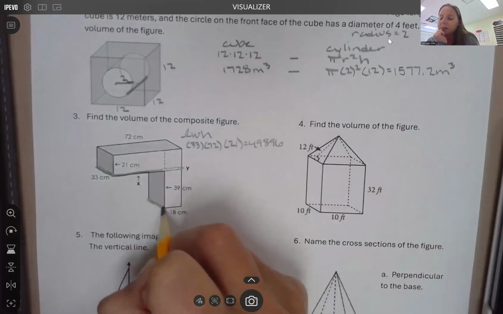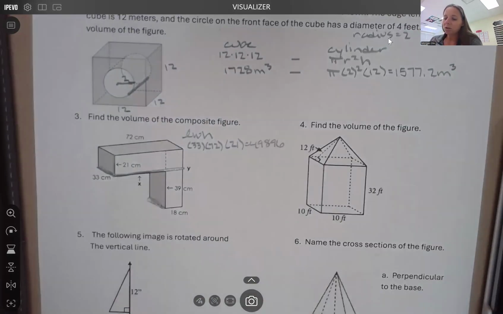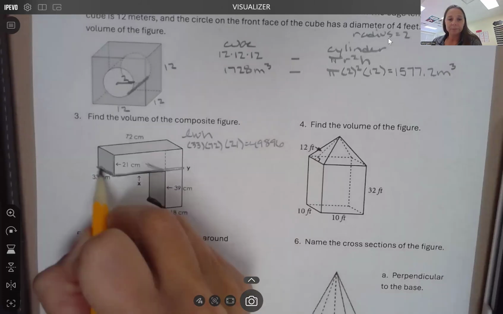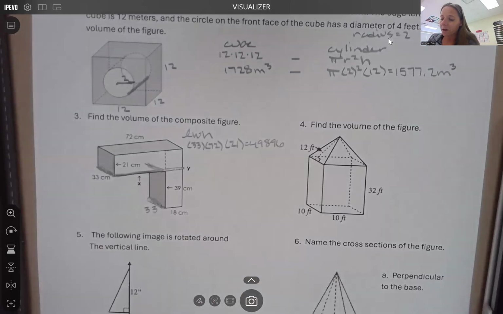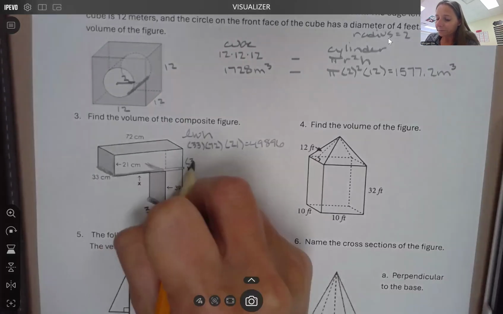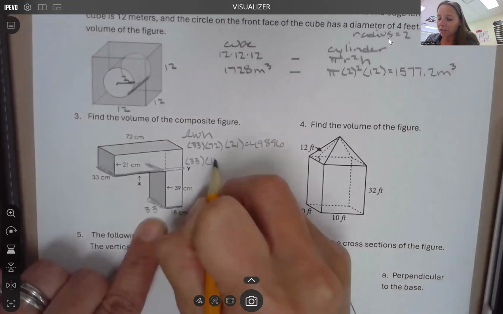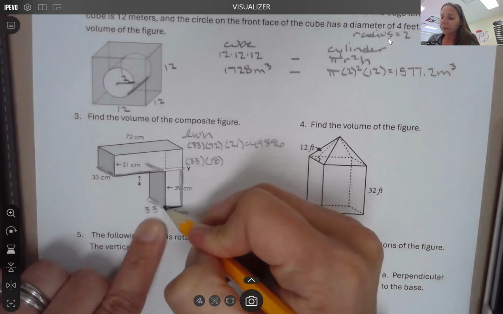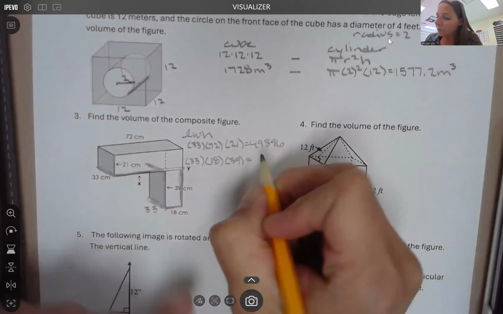All right, now if I'm doing this figure, well, the question is, how much is this part right here? All right, let's look. How much is that part right here? Do you see that it's like the same width as this going back? So this is actually 33. All right, so the length of that is 33. The width right here is 18. And then the height. Sometimes you have to figure out the height, but they're telling us this much is 39. So right here is 39. Okay, so if I do 33 times 18 times 39, I'm going to get